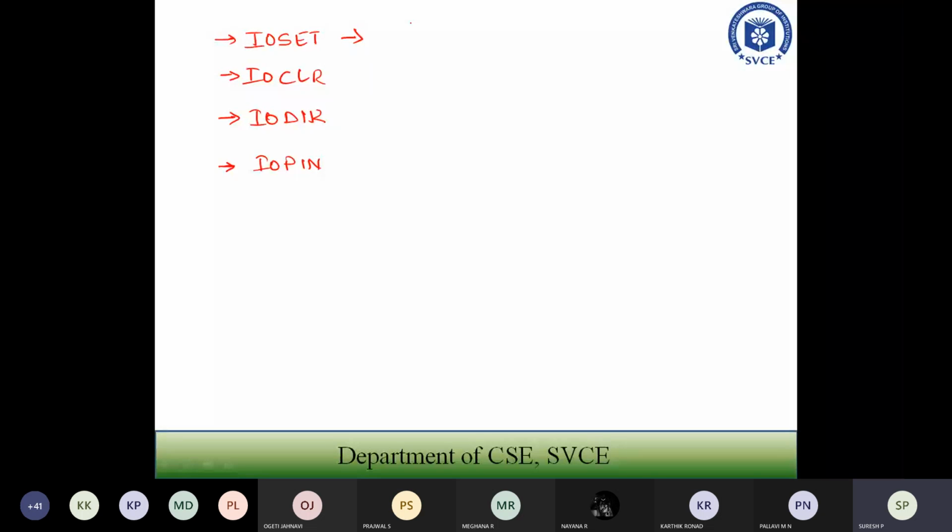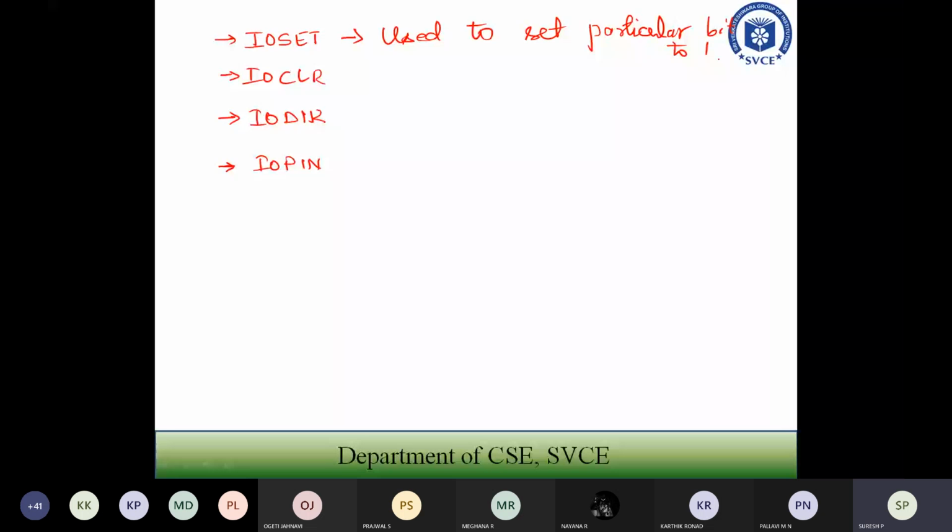Why are you going to use this particular register? It is used to set a particular bit to 1. Whenever you are using any port, I have to make that particular port 1 or 0 to make it act as an output port or an input port.